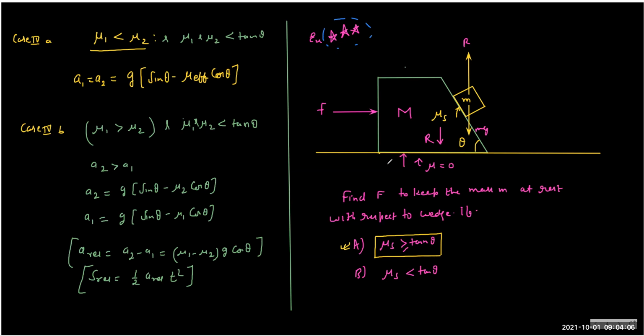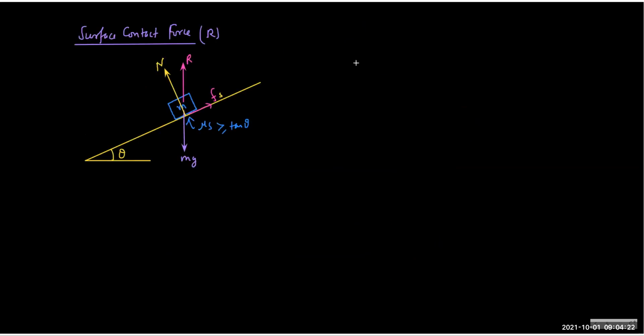And that can be balanced by this normal. So as an action-reaction pair, I should have written somewhere else, maybe on a separate diagram. So what we need to realize is that this wedge